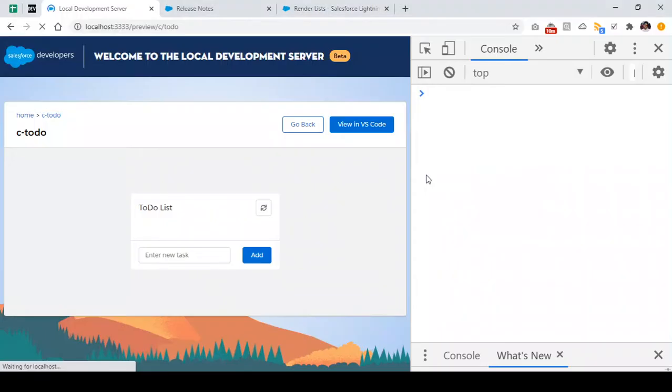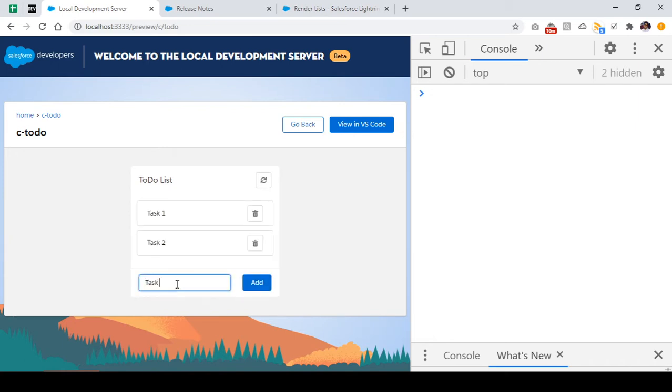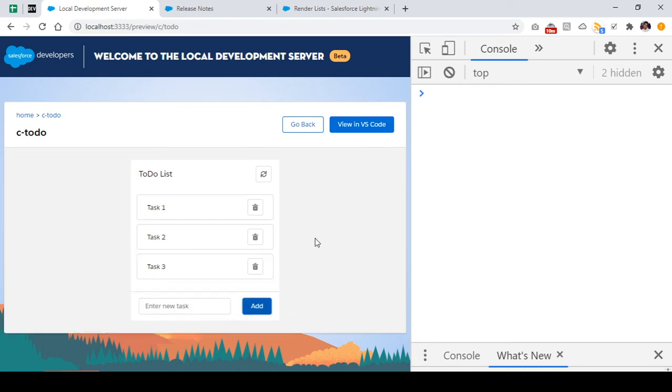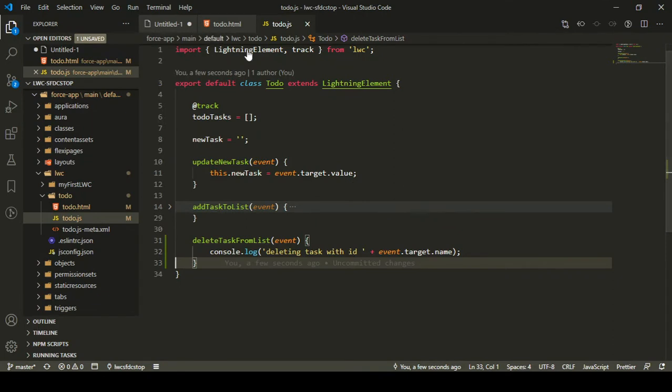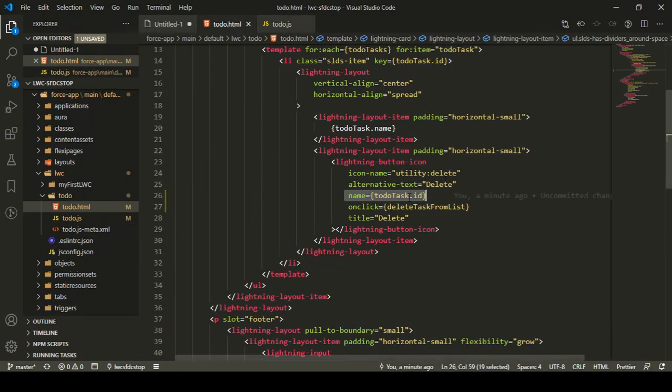Okay, so just let me check this out whether it is working fine or not. So I'm going to add a task 1 again, I'm going to add a task 2, and I'm going to add a task 3 as well, right? Okay, so let's say if I delete this particular task, I'm getting deleting task with ID and then the name attribute that I specified, which is 1, because this name attribute which I'm getting from the delete button, because my target is the delete button, right?